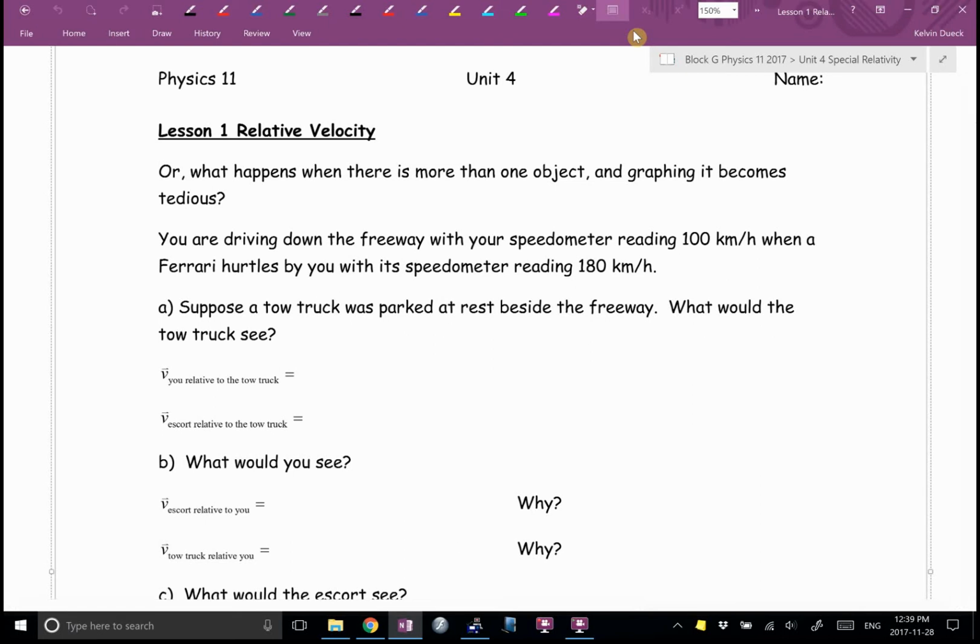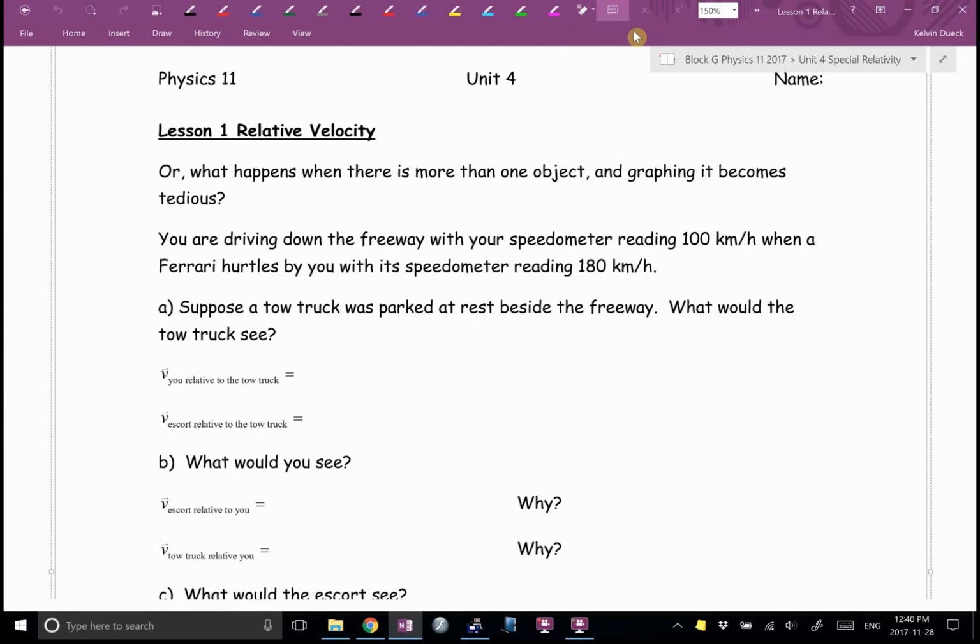Relative velocity. First question, how will I know that this is a question that's dealing with relative velocity? Because there will be two objects in the question. It's really asking what happens when there's more than one object, and we don't want to try graphing it. I used to do a big graphing section, but we want to analyze the speeds, but there's more than one